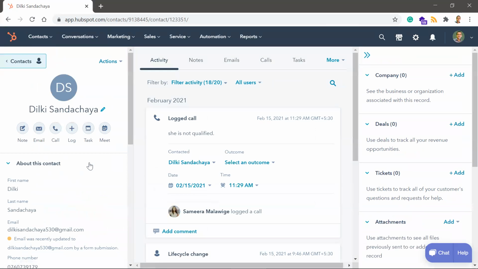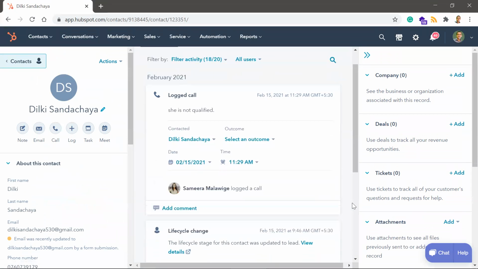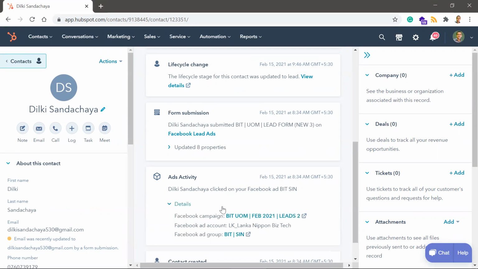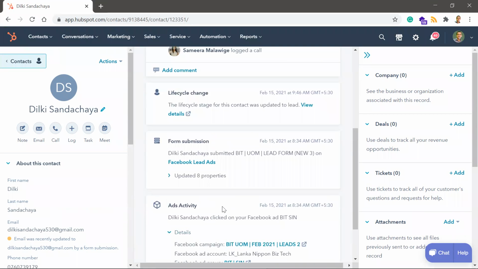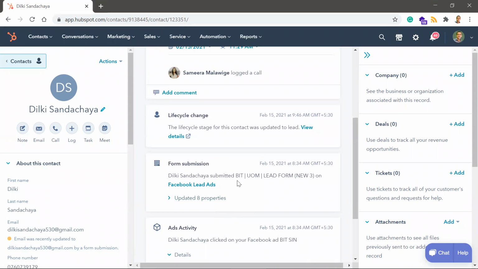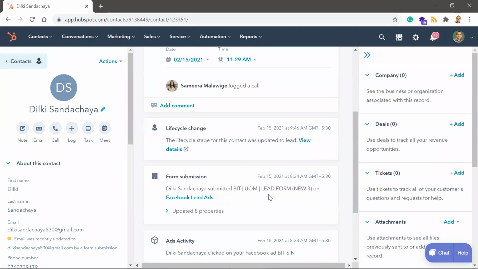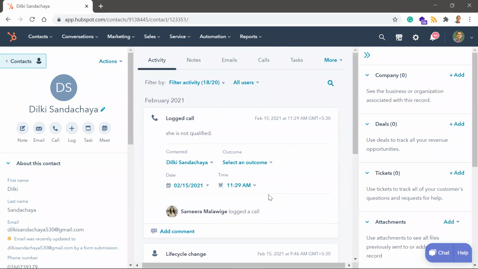If I were you, what I'll first do is go through and see from where this contact was created. This contact was created from paid social from Facebook, and Dilki Sandachaya clicked on your Facebook BIT Sinhala ad. That means this is a contact who is interested in BIT, right? From this, you can identify the person as a BIT contact.